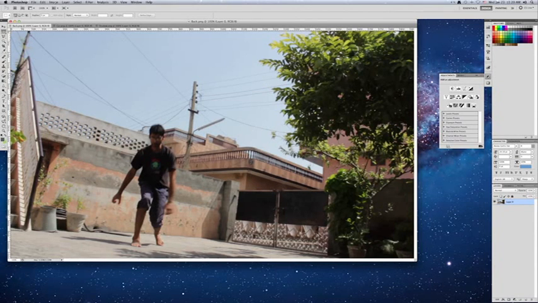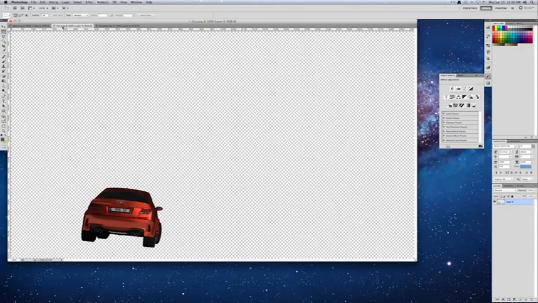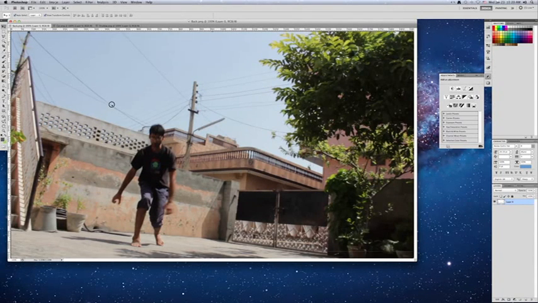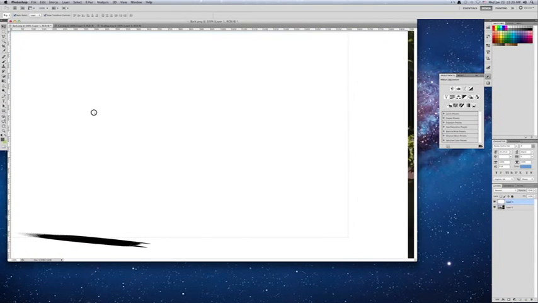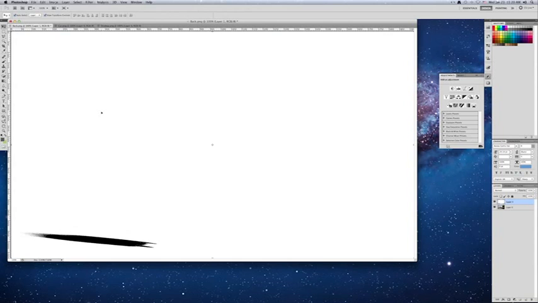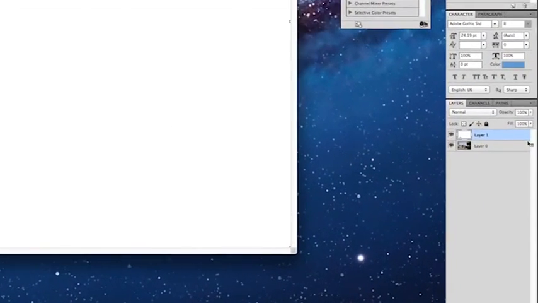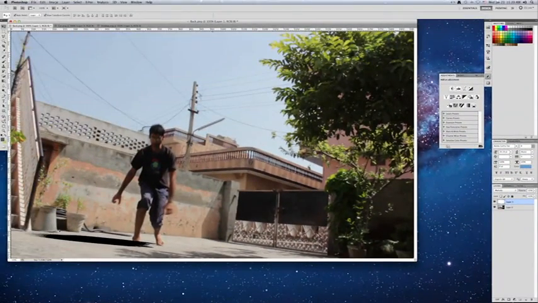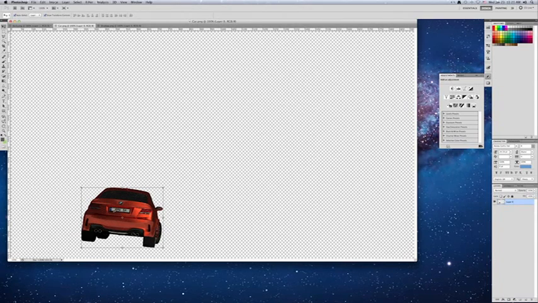Okay, so what if we have to compose our scene in a photo editing software? Then how would we do that? We would take three images. One is this image, second is our car, and third is its shadow. So what would we do? We will pick up this shadow and put it on the top of our movie clip, movie image, whatever you call it. And then from here we will use the multiply. Where is the multiply, can you see that? There it is, multiply, and it will merge our shadow on it,